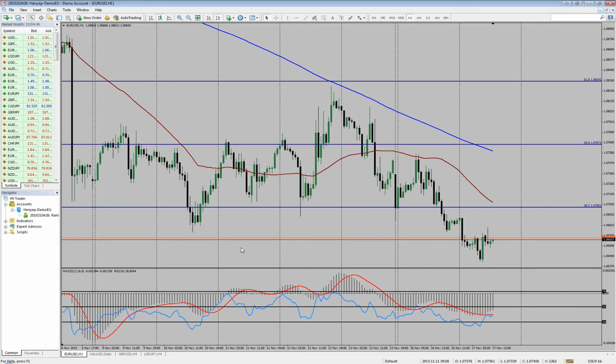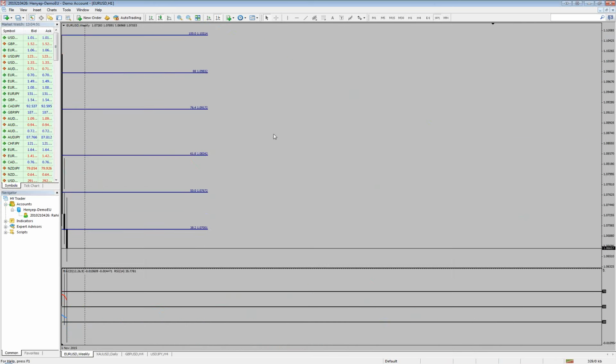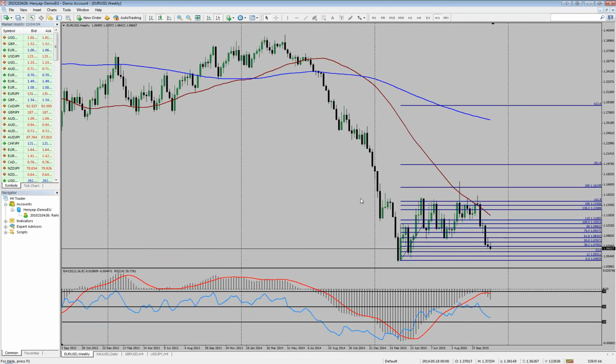So let's get back to euro dollar. As usual, in order for us to analyze the market, we need to put it on a weekly time frame. On weekly time frame, we can see that the market retraced back from the 200% Fibonacci retracement zone, and last week I was focusing on that